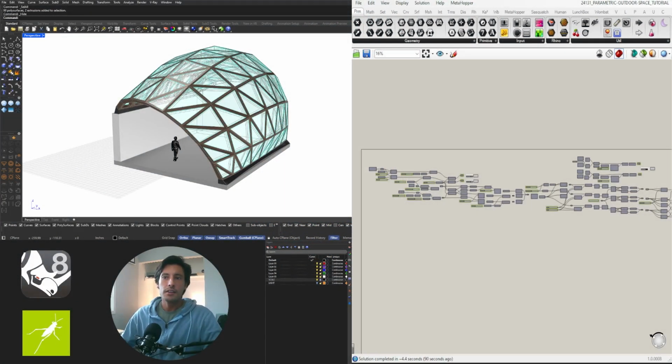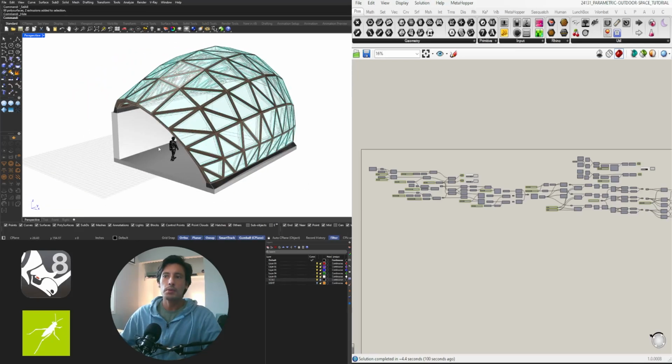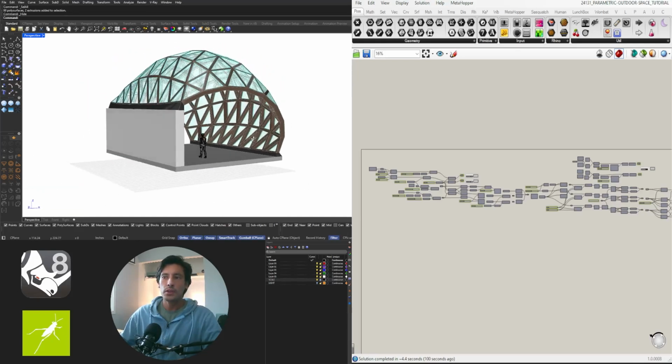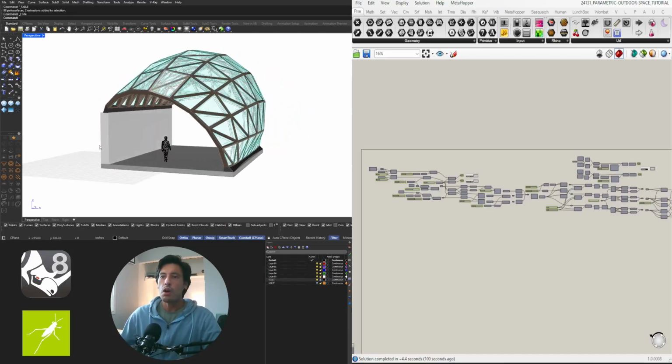If you're new here, what I do is I create parametric design scripts using Grasshopper. This is going to be a full tutorial where I'm going to show you all of the steps for creating this design. It's a wall, a ground plane, and then we create two different arcs with varying sizes and offsets